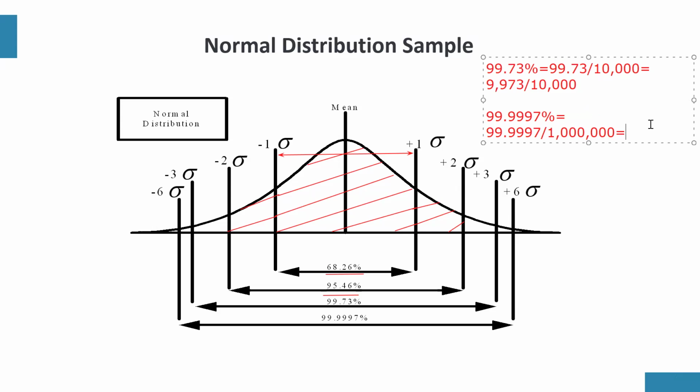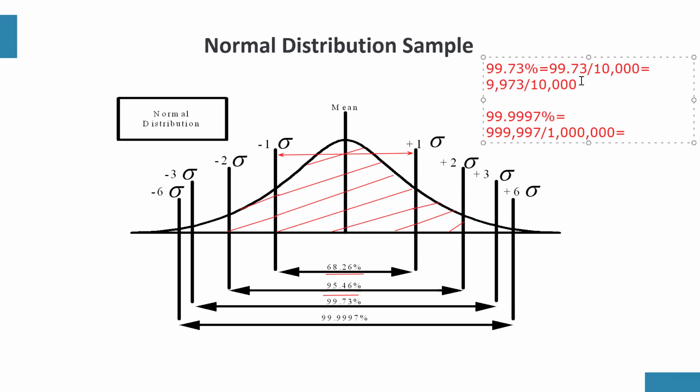So that means that in 6 sigma, if we remove the decimal point, what we are saying is that out of 1 million products, 999,997 items should be defect-free. So that means that what 6 sigma is saying is that we have 3 or fewer defects per million,